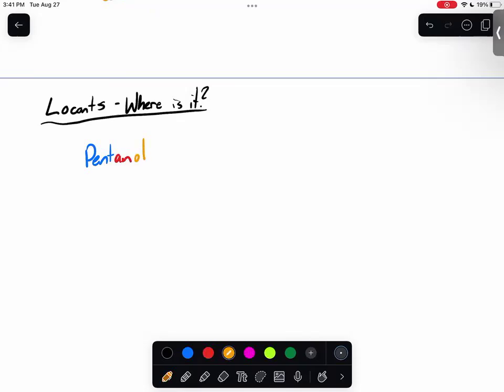That tells us that for this first little part here, there's 5 carbons. For the second part, that is telling us that there is just single bonds. And then for the very end, we have an alcohol, right? That is what that functional group tells us. And if we wanted to draw this out, there are multiple options just because we're told it is pentanol. That is without locants, right? So pentanol could be a situation where we have these 5 carbons, and attached to this one, we could have